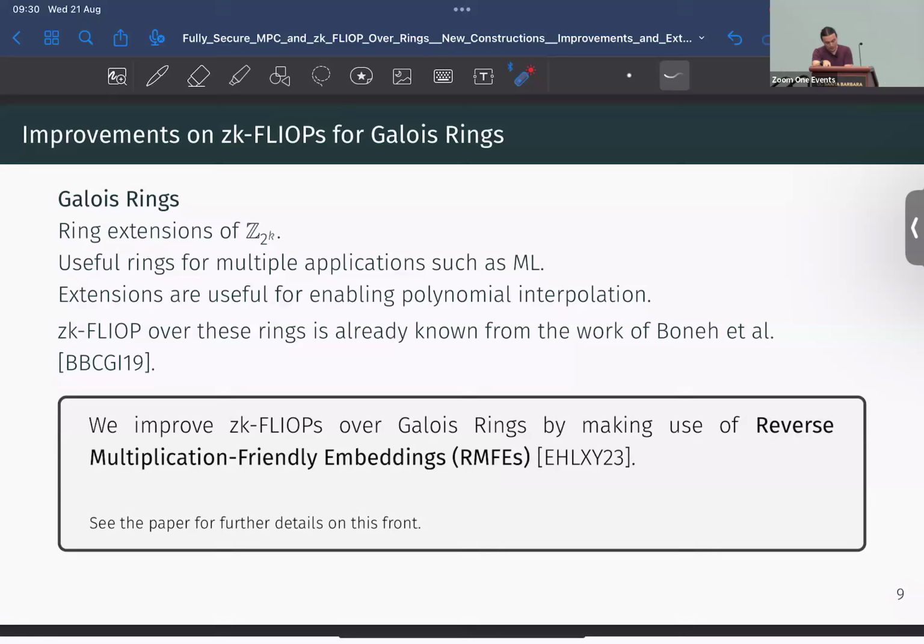We have an improvement for those techniques that uses a technique that has been around for a few years already. The original reference is from 2018, and we leverage RMFEs to improve the FLIOP construction from the original papers. So I'm just listing it for completeness. If you're interested, please check out the paper. I'm not going to talk anymore about RMFEs or Galois rings or FLIOPs.